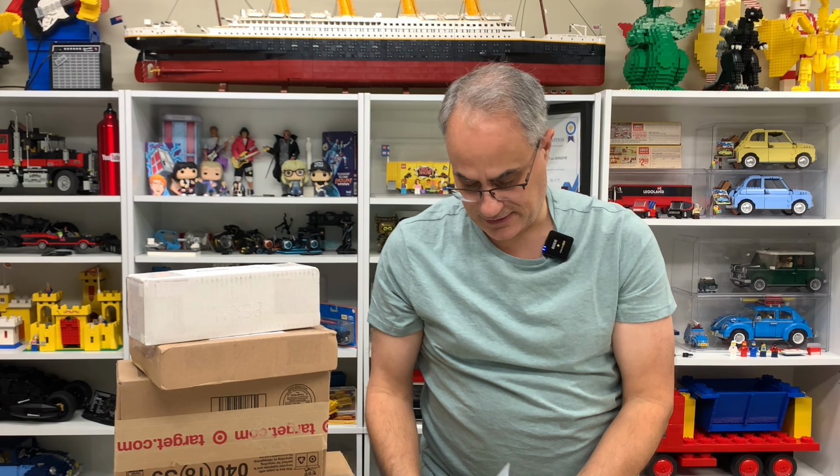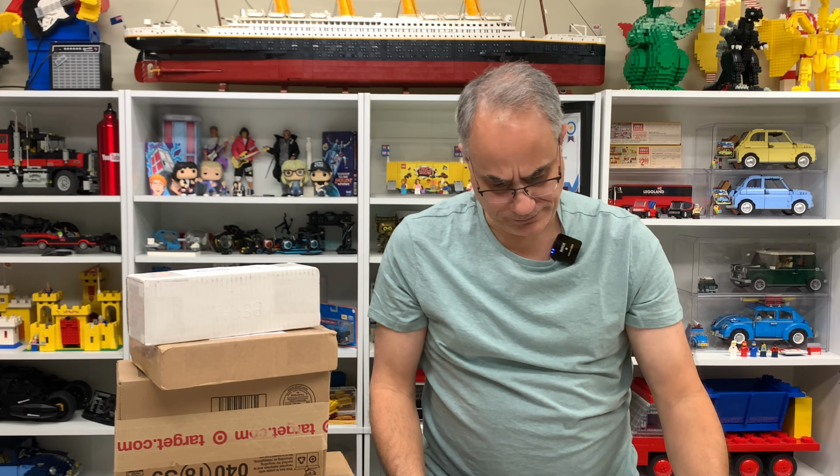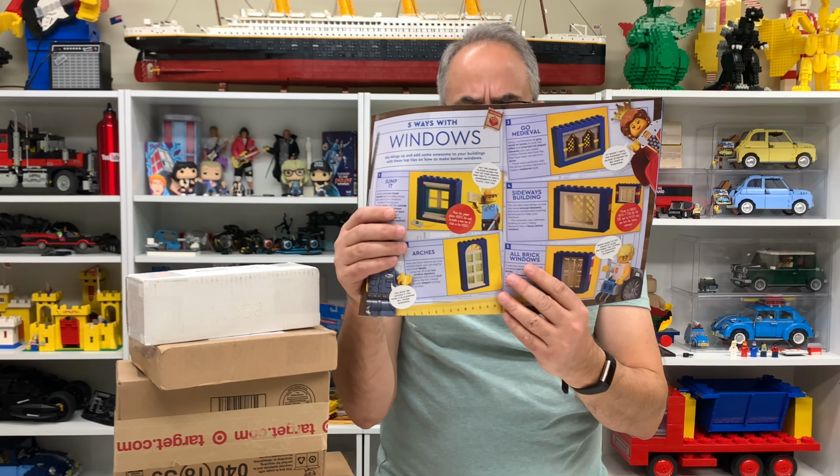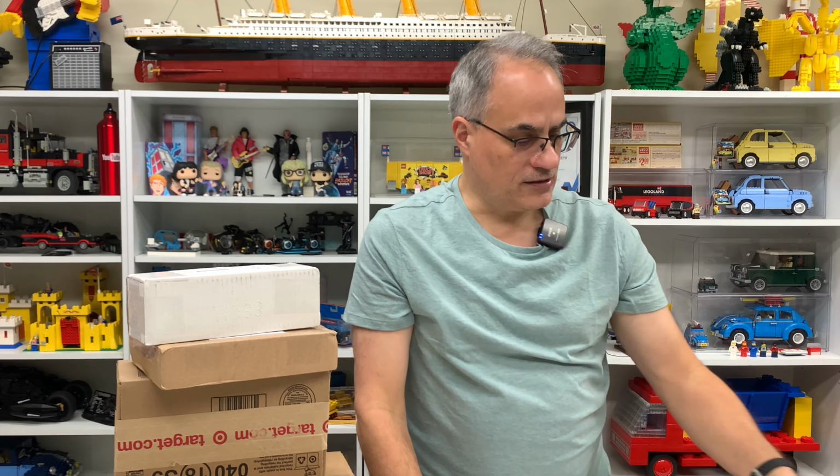This is probably, I still think this is one of the best magazines that Lego makes, or that is Lego themed. 5 ways with windows. So Lego Explorer. Wish this was available in the US, and I want to thank Barry for sending that because yes,